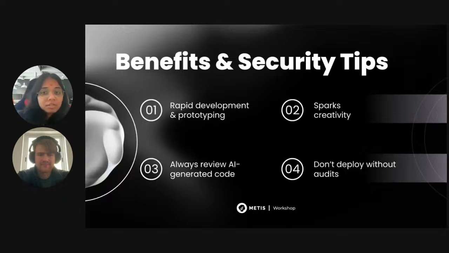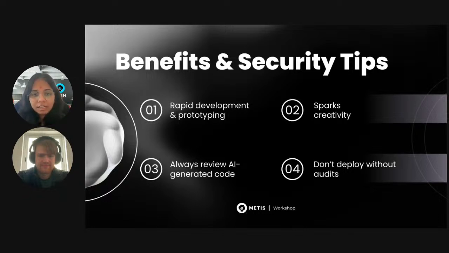So now the security tips. Always review AI generated code. Even if you are using Stack Overflow, GitHub issues, or whatever, you never copy paste anything from the internet into your code, right? You check, you see what's the issue, what's the error, what's the syntax, but you never copy paste directly from the internet into your code, right? You may be modifying it, tweaking it a little bit, but you are never copying exact code into your code, right? So that's what you have to make sure when you are using these models as well, right?